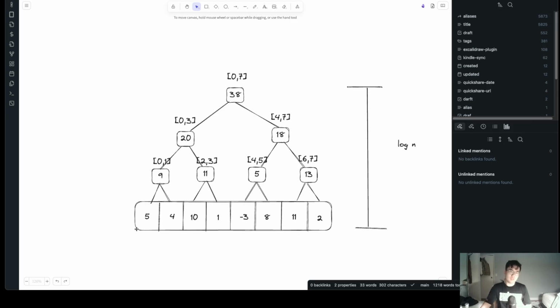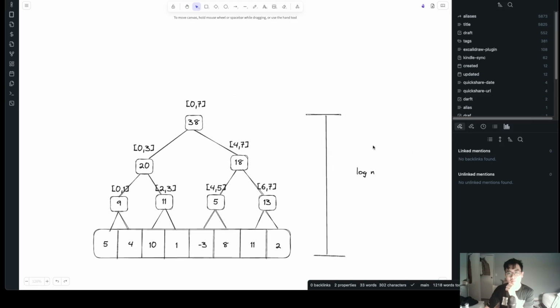And then your root, this layer has n nodes. This layer has n or fewer nodes, etc. So your total number of nodes will be bounded by O of n log n. Okay, so there are O of n log n nodes. And then when you traverse down this tree, you have to traverse at most log n levels. Okay. So then let's talk about,